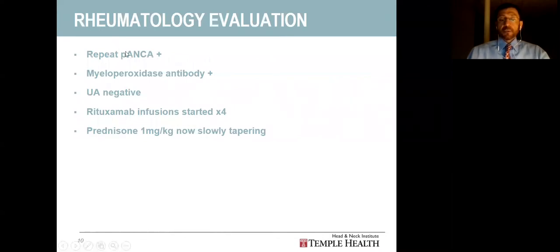We repeated it because there can always be issues, and it was again positive. Her myeloperoxidase antibody was also positive. Urinalysis, because Wegener's can involve the kidneys, of course, was negative. So she was referred to rheumatology, who had been treating her